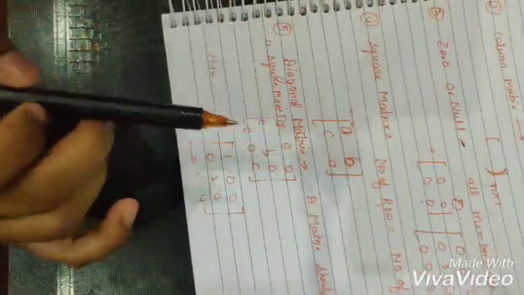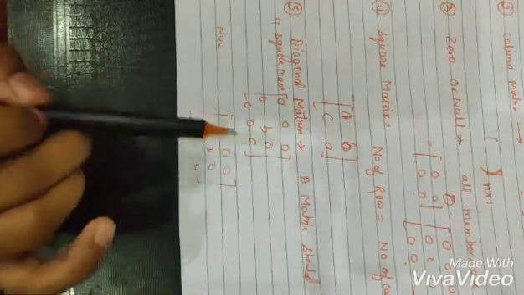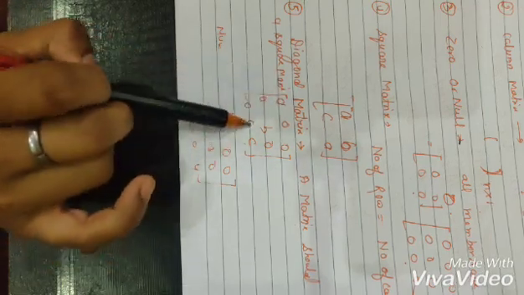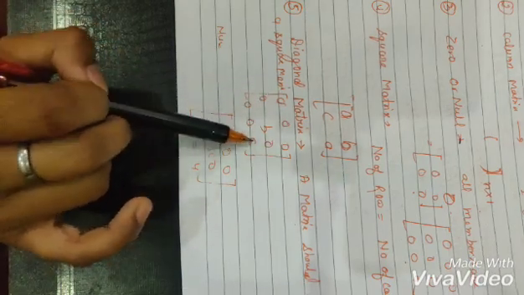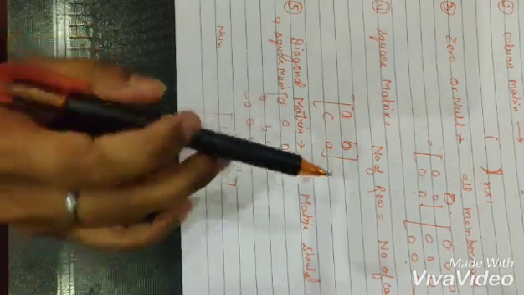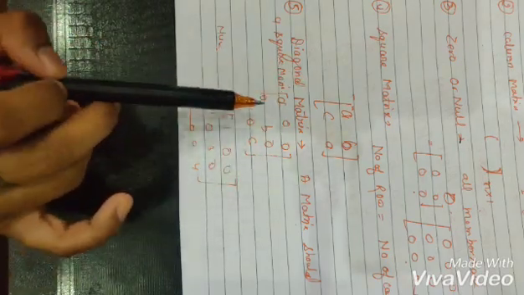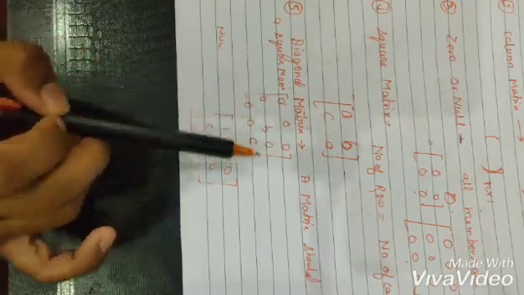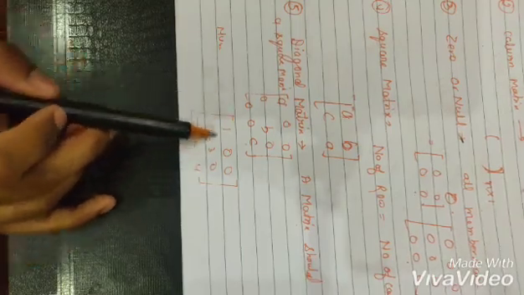Now the fifth one is the diagonal matrix. This is the most important topic. A matrix should be a square matrix and all the elements of the matrix except the diagonals are 0. Listen to me. Except the diagonals, all are 0, and this is known as a diagonal matrix. A, B, C are the diagonals and all other elements are 0. This should be a square matrix. So the numbers 1, 3, 4 are the diagonal and all the other elements are 0.